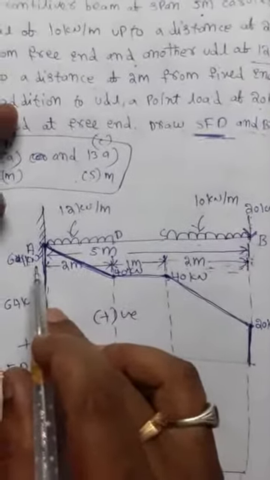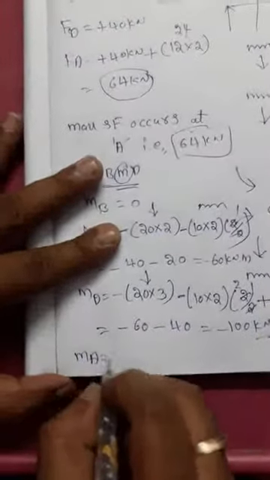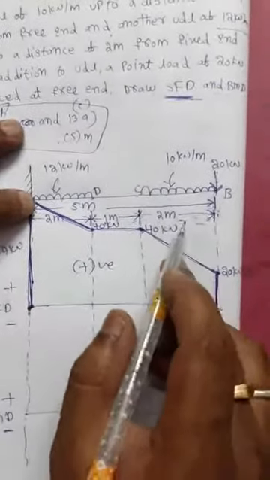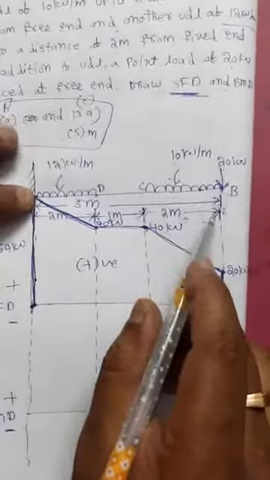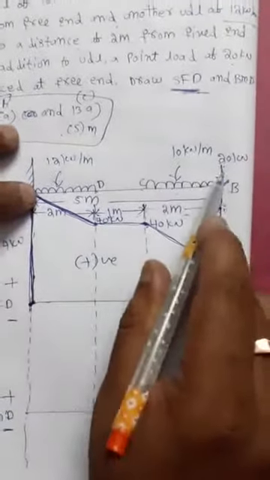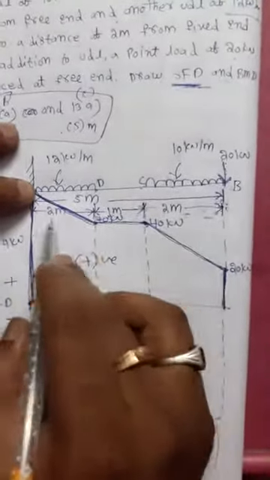that is A. The moment at A equal to, and for finding a moment at A, you can calculate moments from B. So from B to A there is one point load, one UDL, another UDL. So this point load downward direction force into distance. Force is 20, distance is 5.